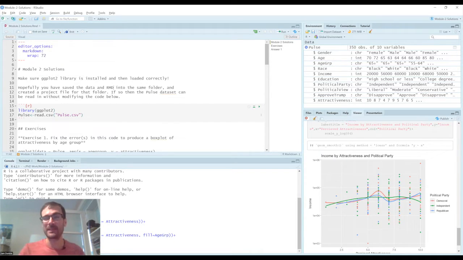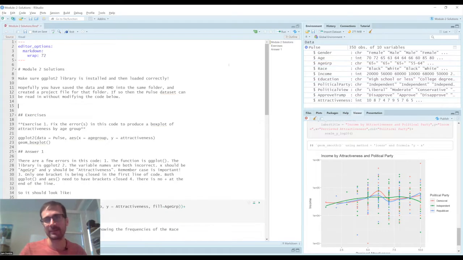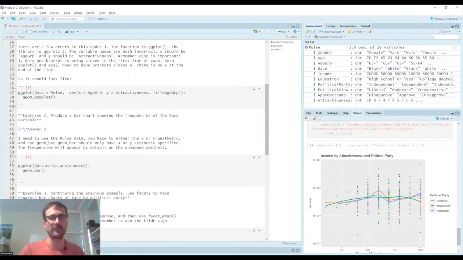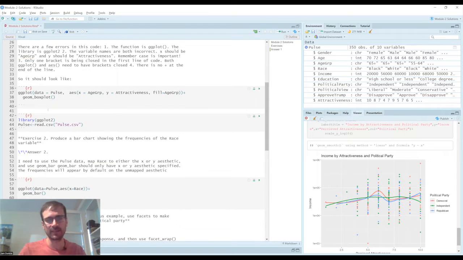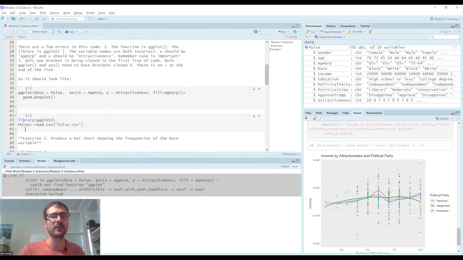And the important thing for making these outputs, getting this nice knitted formatting, is that we need to make sure there are no errors in the code, and we need to make sure it runs sequentially. So if I moved this chunk where I read in the data and loaded the library, if I moved it after the first plot, even though within R, I have already loaded the library and loaded the data, if I now try and knit this, it's going to give me an error because it will rerun the whole file from scratch, and it will say, hang on, there's a problem going on here because you're trying to use ggplot and use this data even though you haven't loaded that in.